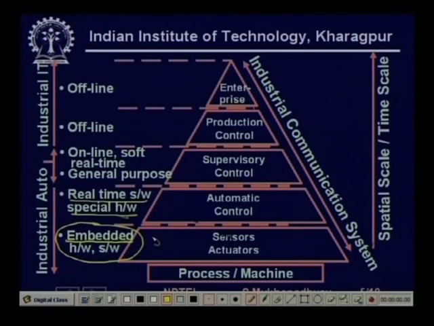If you go to supervisory control, you will find that the hardware is mostly general purpose, general purpose computers, of course with a strong data interface, because lots and lots of channels of data from the whole process come to this. The software is still online, because a piece of software is called online if it interacts with the external world. So, it works on the data which is continuously streaming in from the process using sensors and various communication channels, but